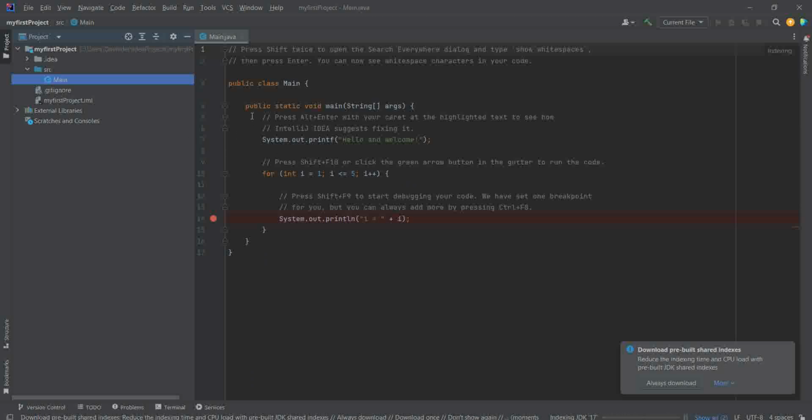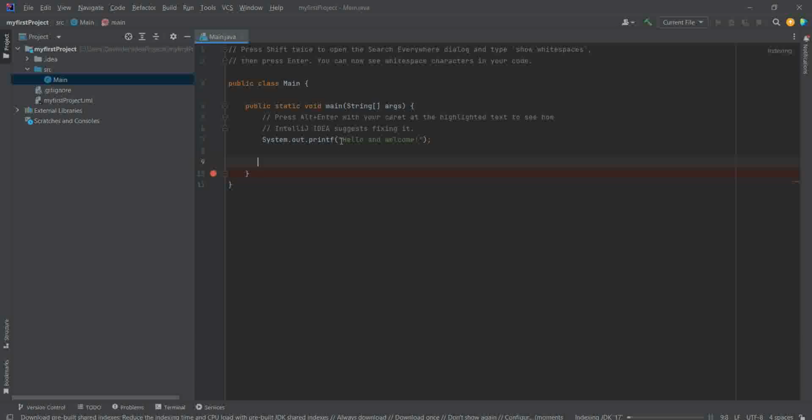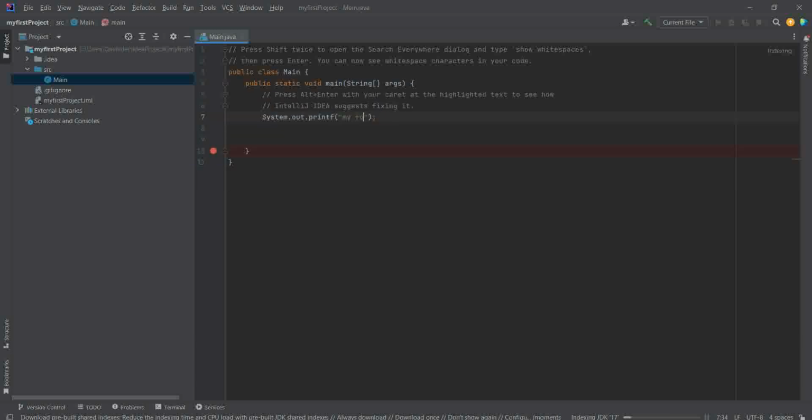Now you need to check whether your first project is working. Now remove line number 9 to line number 15. Now change the message to my first project.